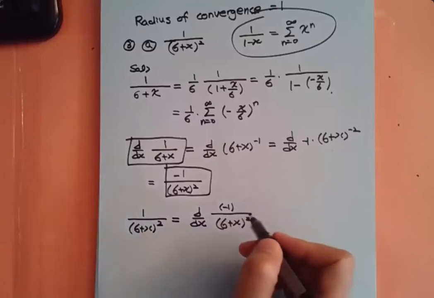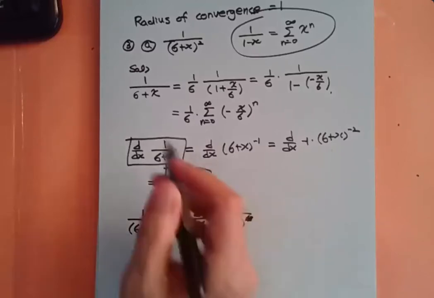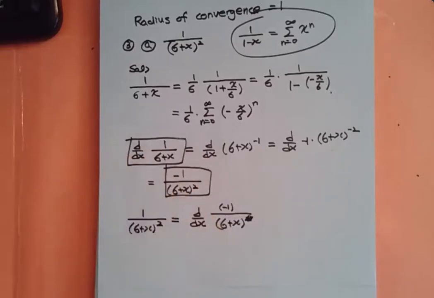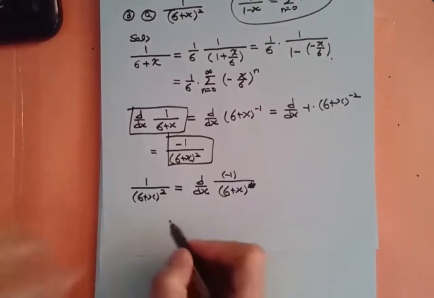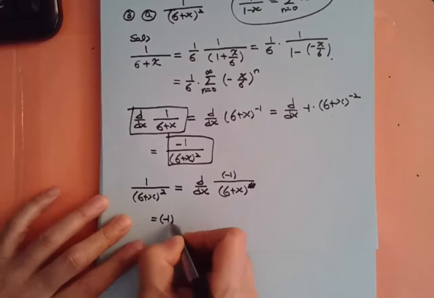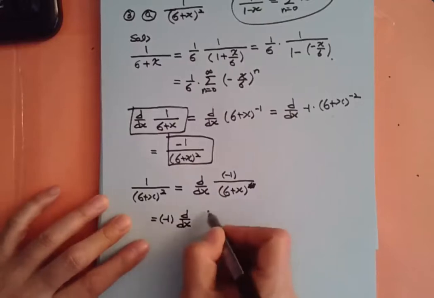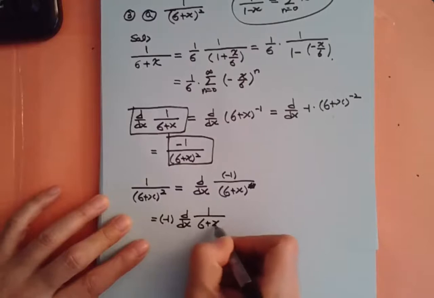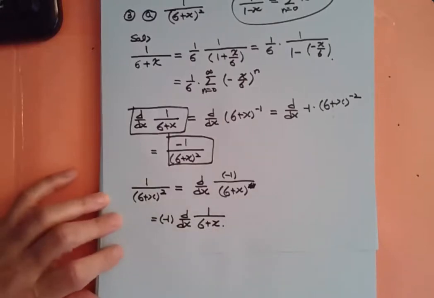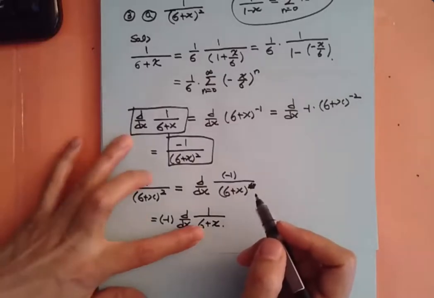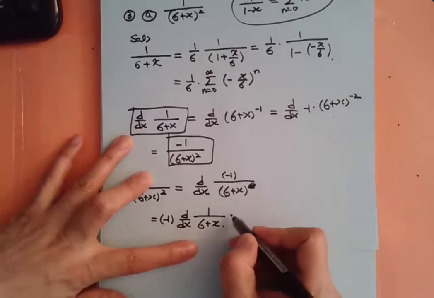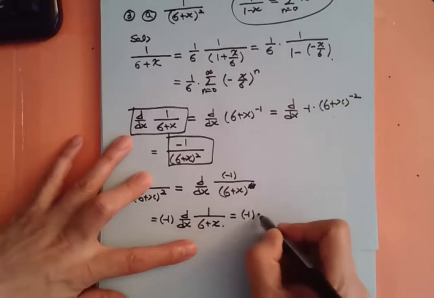So we multiply by negative on both sides, and so this one becomes negative 1 times d/dx of 1 over 6 plus x. And then we differentiate the 1 over 6 plus x. So that becomes negative 1 times